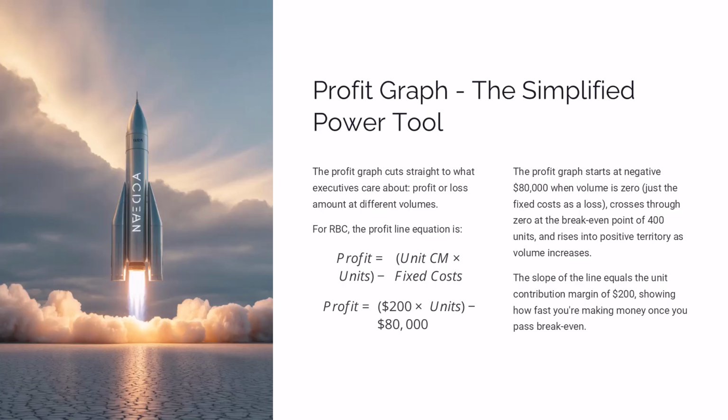When you're working at Goldman Sachs or Morgan Stanley analyzing IPOs, the first thing you'll do is create profit graphs for different scenarios: base case, bull case, and bear case, showing how the company performs at different volume levels. And the analysts who can quickly create and interpret these graphs are the ones who get put on the high-profile deals that lead to $50,000 bonuses.